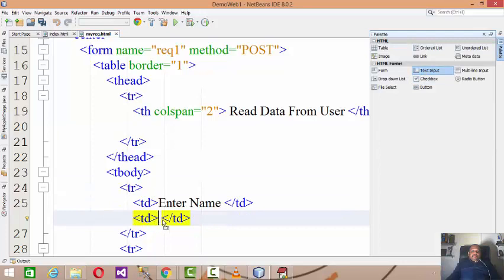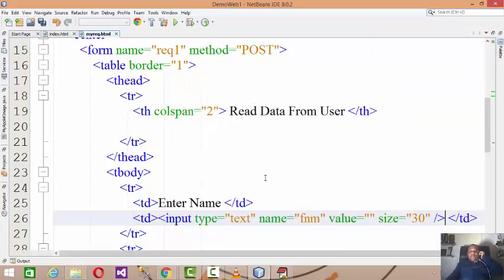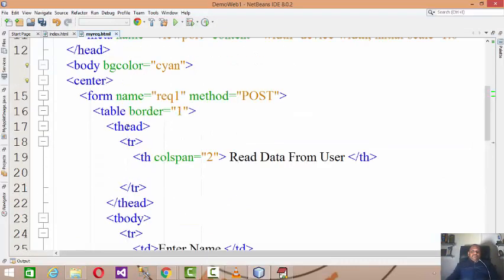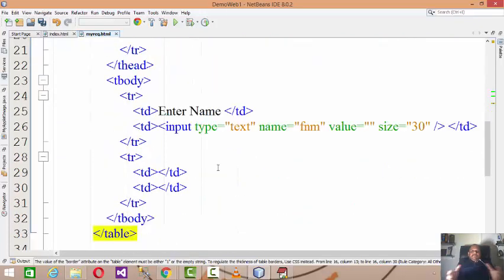So I'll be accepting an input type text, that is, name is the first name, input type equal to text, and the width I am specifying is 30. So my first field is ready to read the data from the user. I'll be using table border 2, right? And these are the basic HTML tags I'm discussing.